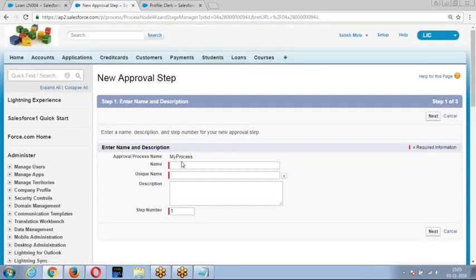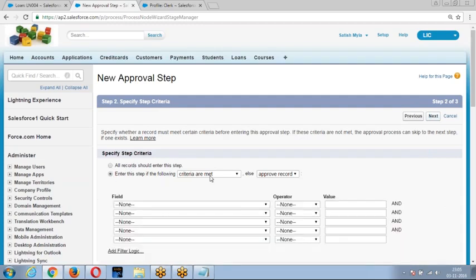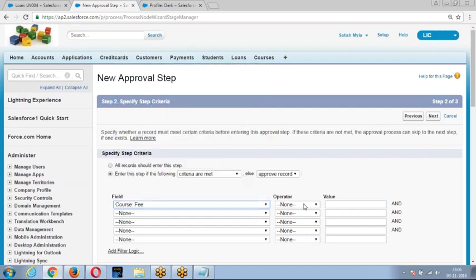When you are creating approval steps, it asks, do you want every record to enter this process? Choose no, only specific records should enter this process. Give the condition. I told if fee is greater than 5,000, it needs to enter the process.